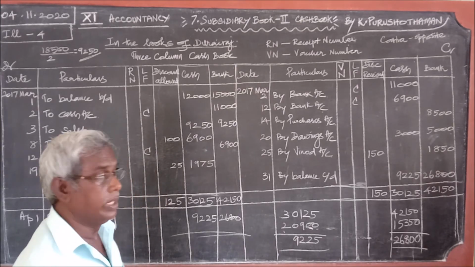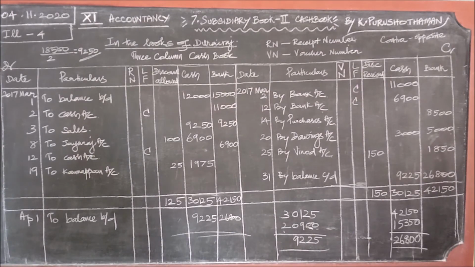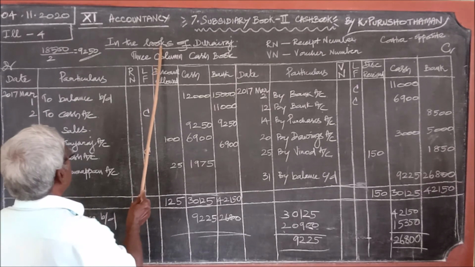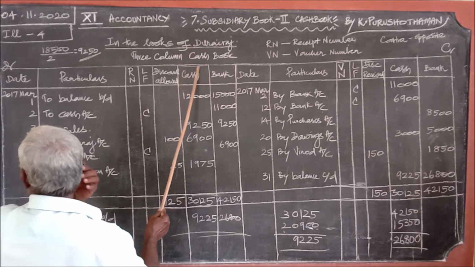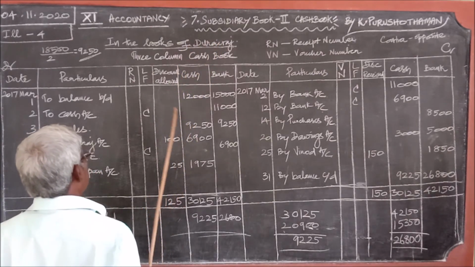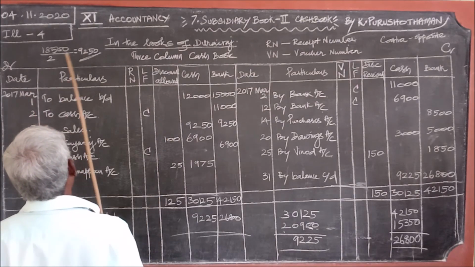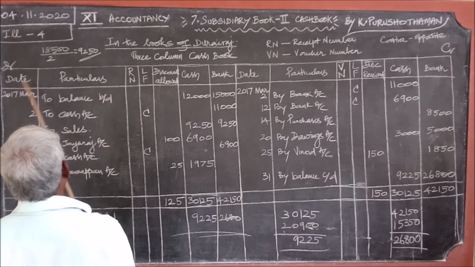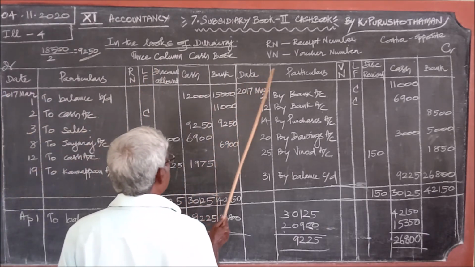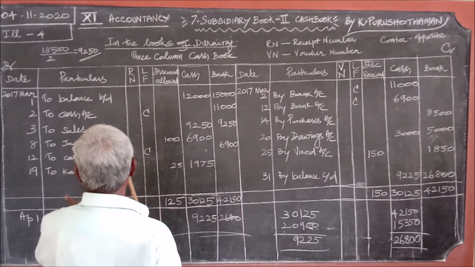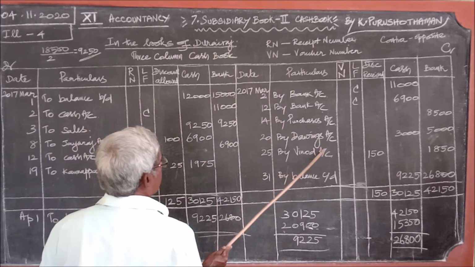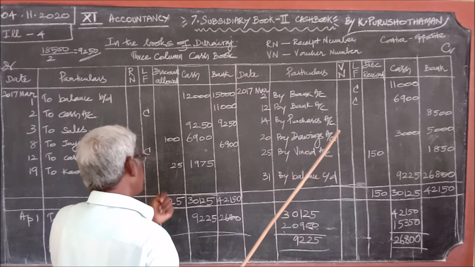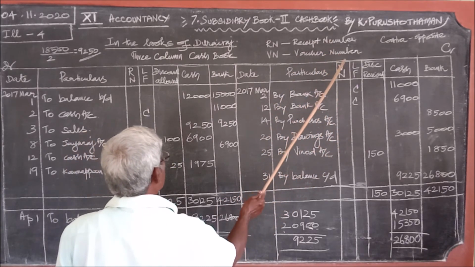And what you have learned from it now, from this 3 column cash book. What is special and what is different in it? As usual, we are writing the heading in the books of Main, 3 column cash book. Why is it called 3 column cash book? The date, particulars, and this side receipt number and the ledger folio. These 4 columns will be there: date, particulars. Here we are receiving the cash, that is coming in, receipt number. Here we are paying the cash, for which we will get some bill, which is called voucher number.